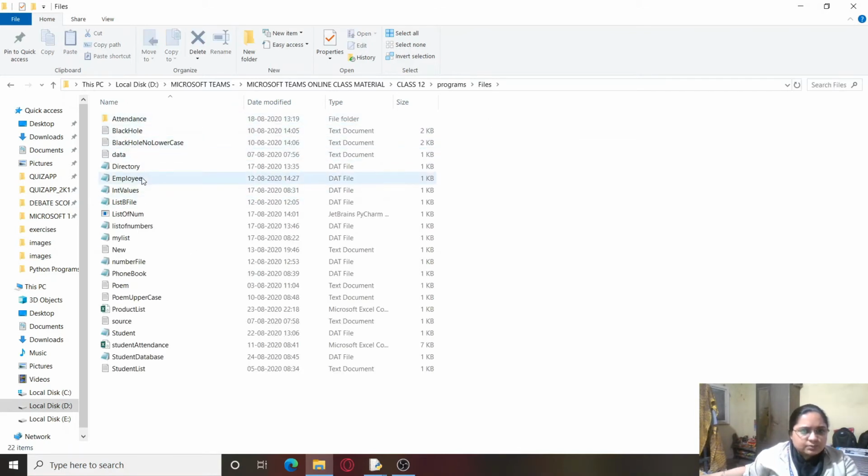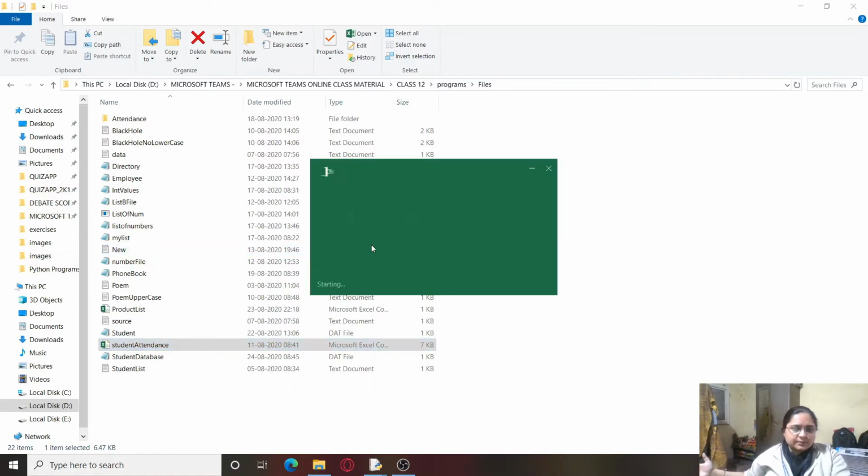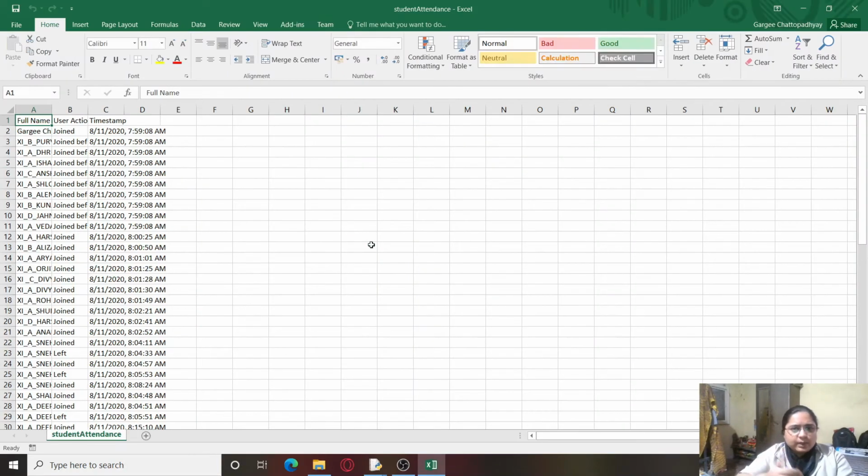and here I'm going to just create a CSV file. You can see an example over here also. The student attendance is a CSV file. If I just open this, it is actually a file generated by Microsoft Teams, and it shows the attendance of the students who are present. So we can take any CSV file. That is the advantage, that it is used for exporting data as well as importing data, and it can be used to move data to and from between your flat file systems and relational database systems.